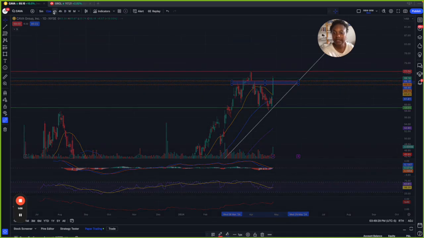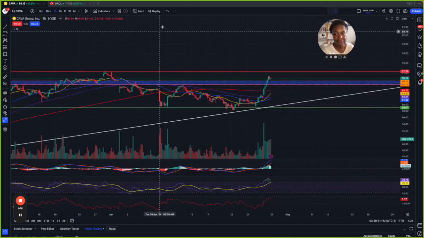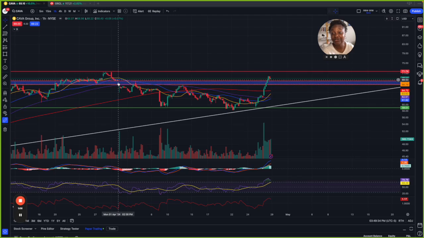And let's come back to the hourly, which is, oh, look at that, beautiful, where that gap was. Rejected the top of that gap, rejected the bottom of the gap, coming down here. So it'll pull back towards the 66.80. I would absolutely look to see, is it going to hold the 66.79, 66.80 area and then bounce back up, or would it lose that? And then I'd be looking to play it down to the trend line, or perhaps even these averages here around 64. So I would watch that range too.